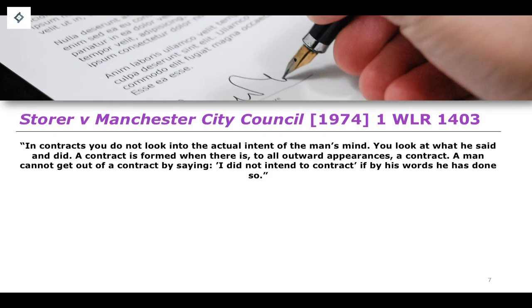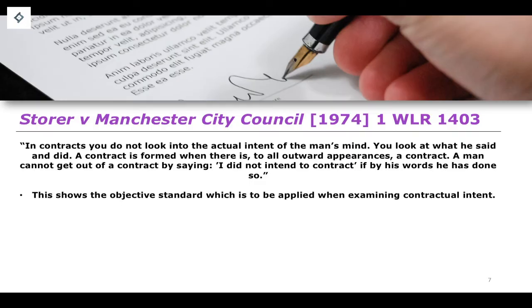were to apply something of a subjective standard, then this idea of contractual intent becomes something that is a question that is applied to the specific cases of a factual matter. And so a claimant or a defendant in a case could make the argument that they did not intend to contract, and so as a result of which you may be able to get out of their contractual obligations, rather than looking at what the individual themselves actually intended. The concept of determining contractual intent is looking at the outward appearances of their actions and their words, rather than their so-called internal intent, what they actually believed.